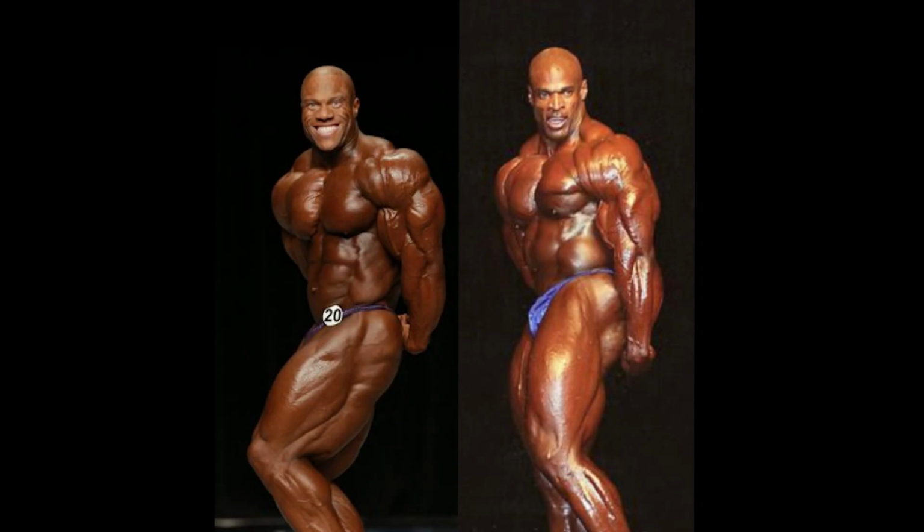In contrast, the side tricep is a pose which I see Phil winning every time against Ronnie, as Phil is better in almost every aspect. Better tricep, fuller chest, larger side leg, and even a tighter midsection. Ronnie looks like a hot mess, midsection all over the place, side leg barely showing, and he's all scrunched together,